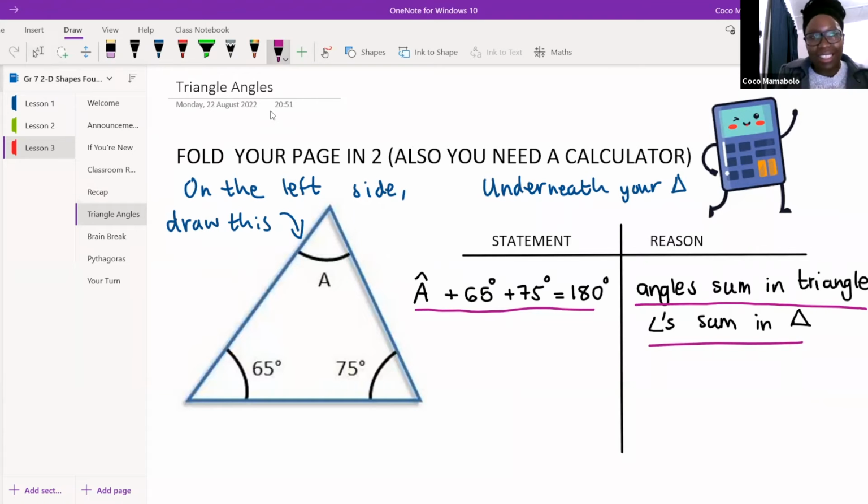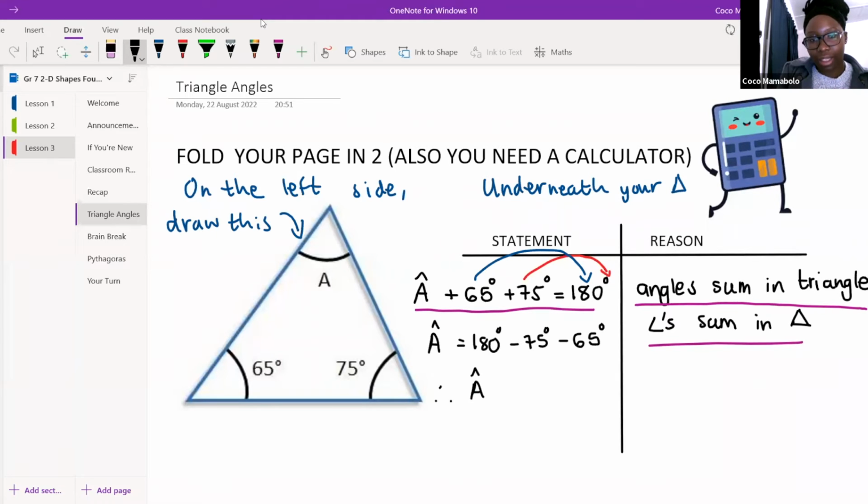Okay. So just like Letitia said, that's what we're going to do next. We're going to go A is equal to, and I think some of you guys call it transposing, but we call this going over the rainbow. So if this is plus 75 on this side, it's going to go over the rainbow and become minus 75. The same with 65. Plus 65 is going to go over the rainbow and become minus 65. So what we're going to have is angle A is equal to 180 degrees minus 75 degrees minus 65 degrees. And then we're going to remember that funny word that ma'am always says, she goes, therefore, don't forget, therefore,